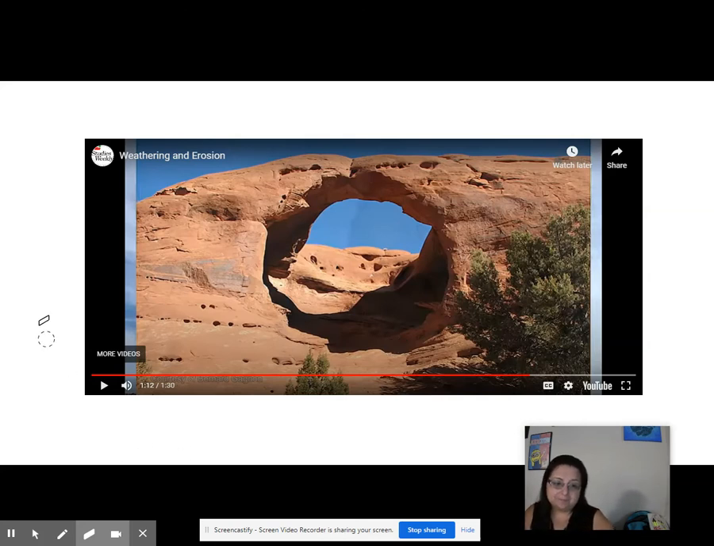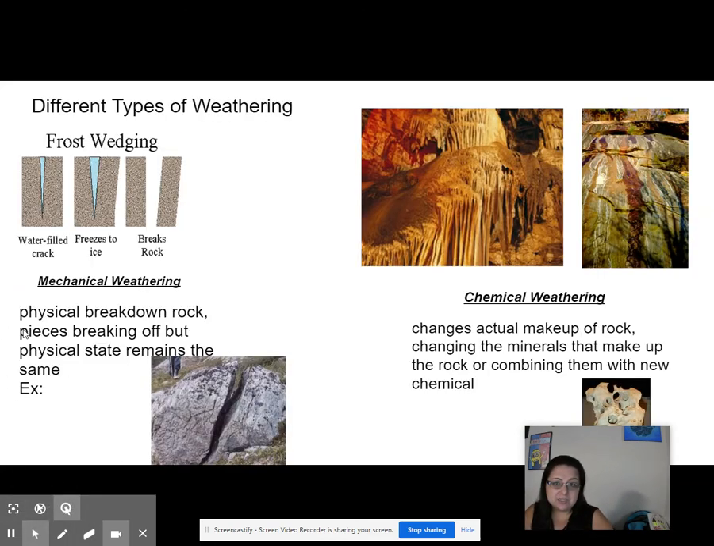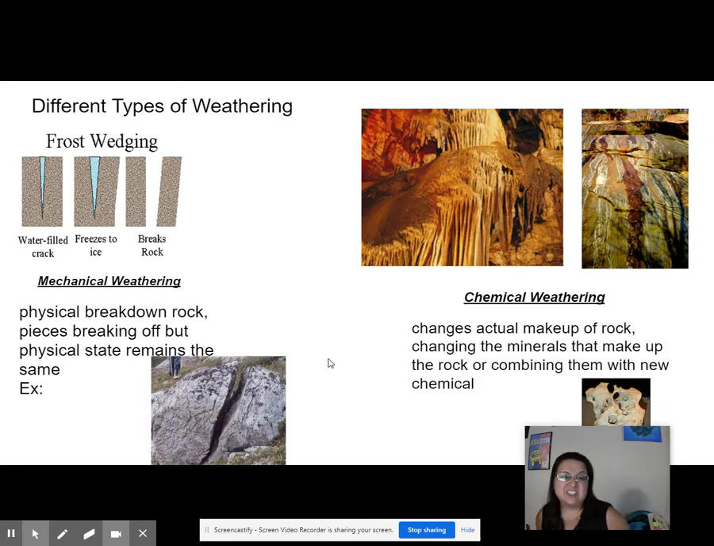Okay. Let's go ahead and continue. Here we have mechanical weathering and chemical. So in mechanical weathering, we're going to see the physical breakdown of a rock, pieces breaking off, but the physical state remains the same. So I have a sticky note,